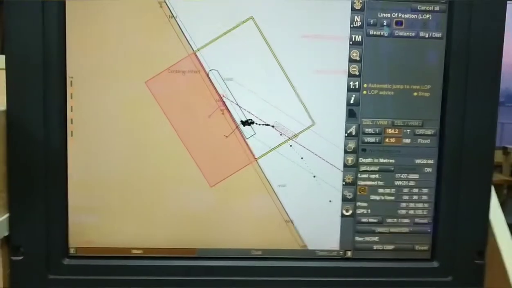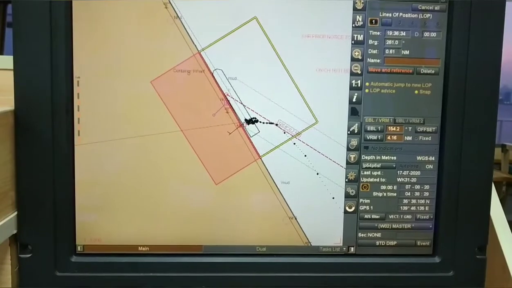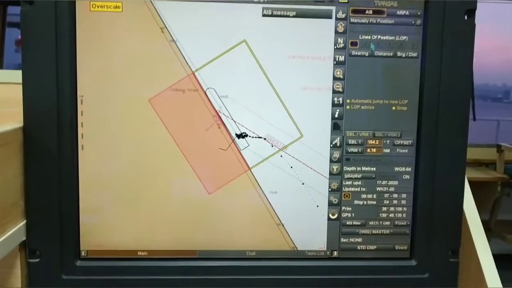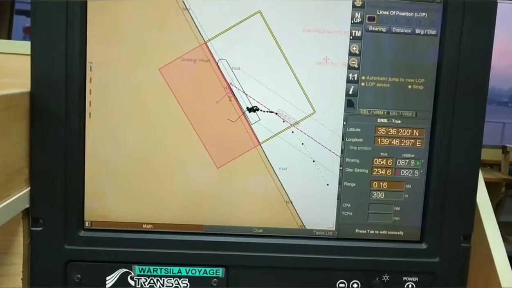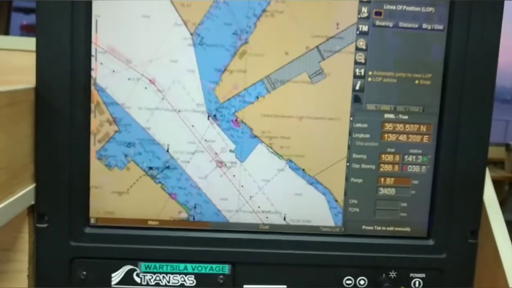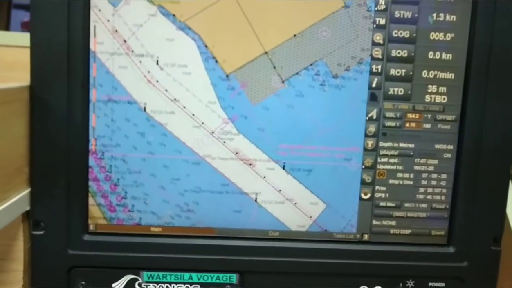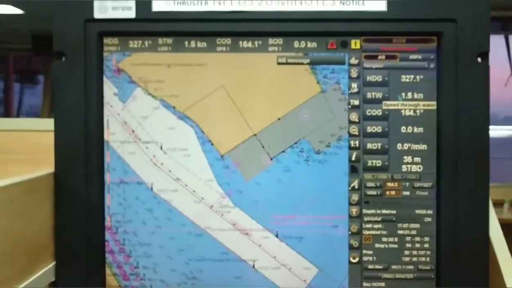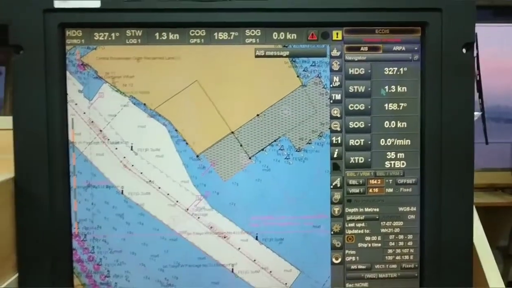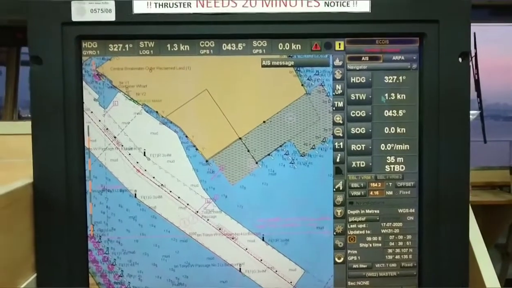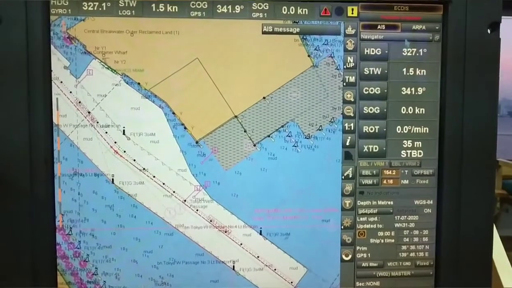LOP plotting is very important in arrival and departure stations, and when making channels, to confirm your GPS position through your visual fixing and bearing. So LOPs you can plot. Next option is navigator. When you switch on the navigator option, you can get all headings, speed through water, course over ground, speed over ground, everything. It will be a great help while maneuvering the vessel through closed channels and traffic areas. So the navigator feature can be used.